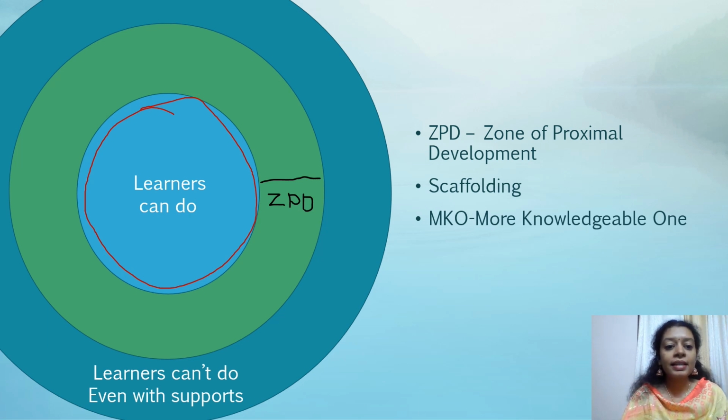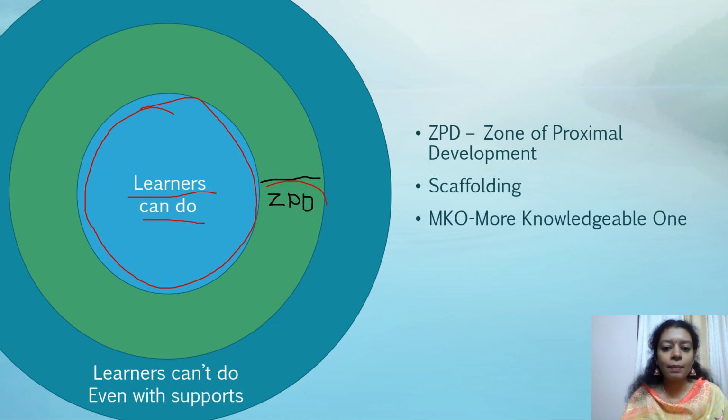So here learners can do things without any help. That is the independent level. I think it's clear. At this stage, they don't need any support because the task is within their abilities. It's clear, right? So next, coming to the